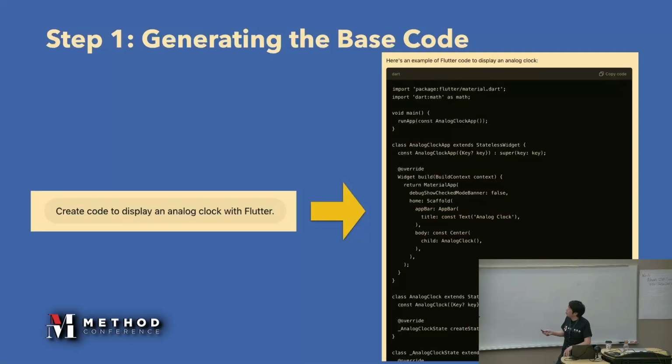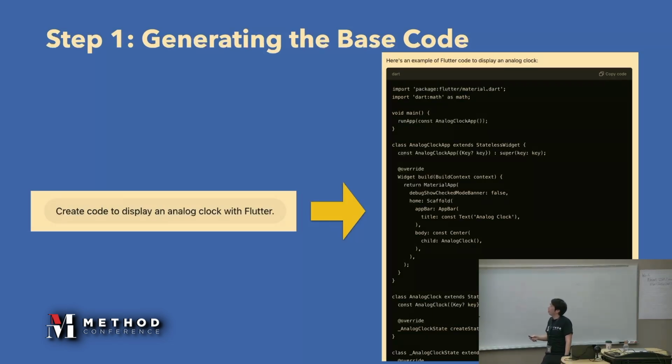Okay, let's review this step again. First step is we have to throw a query like this. It's called a prompt in the generative AI world: create code to display an analog clock with Flutter.